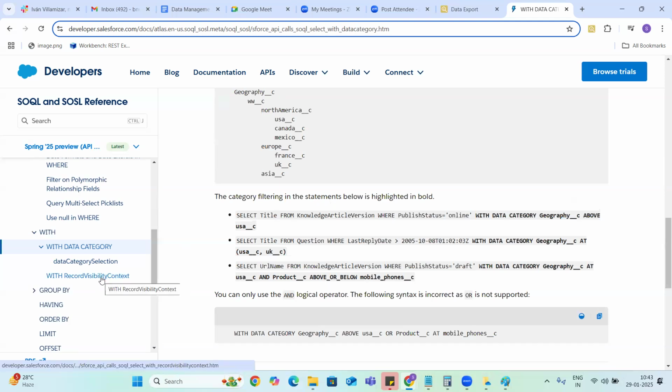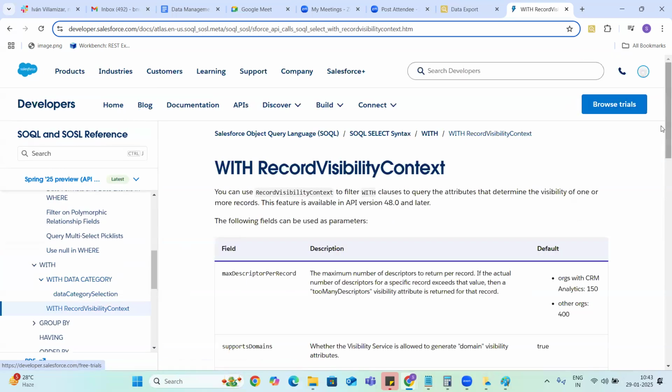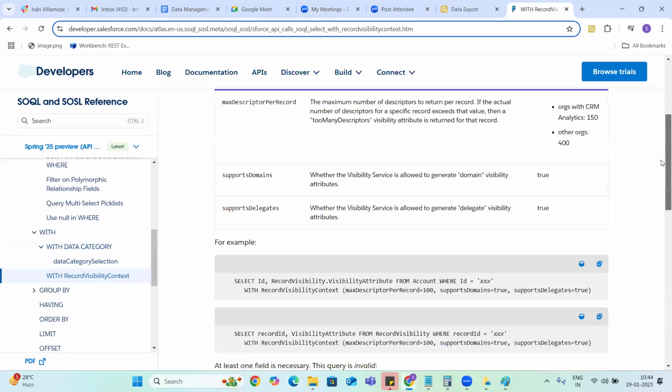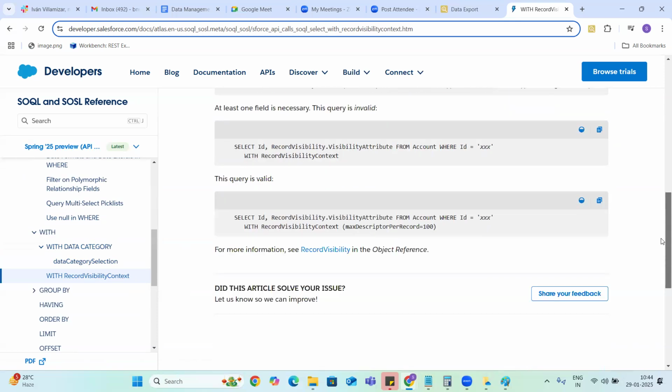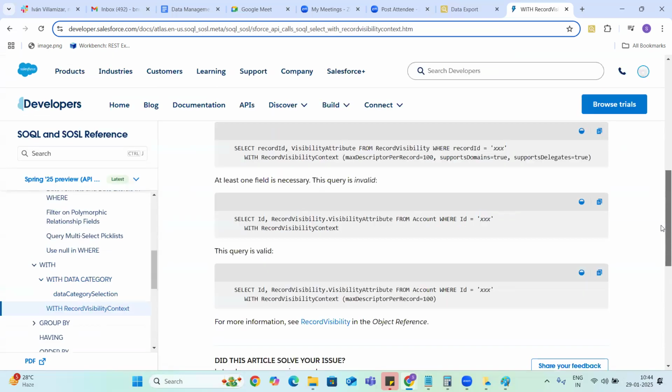But the second one, the with record visibility concept, is the main thing that we have used. With record visibility context is another filter criteria, guys.